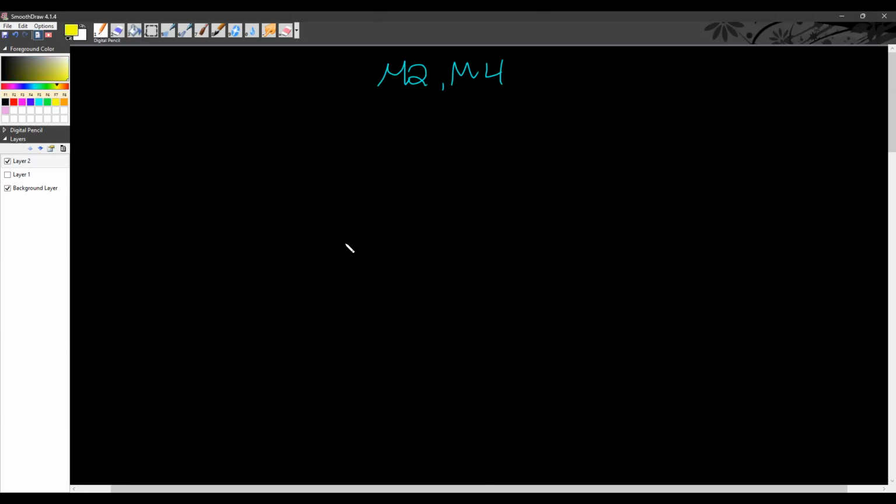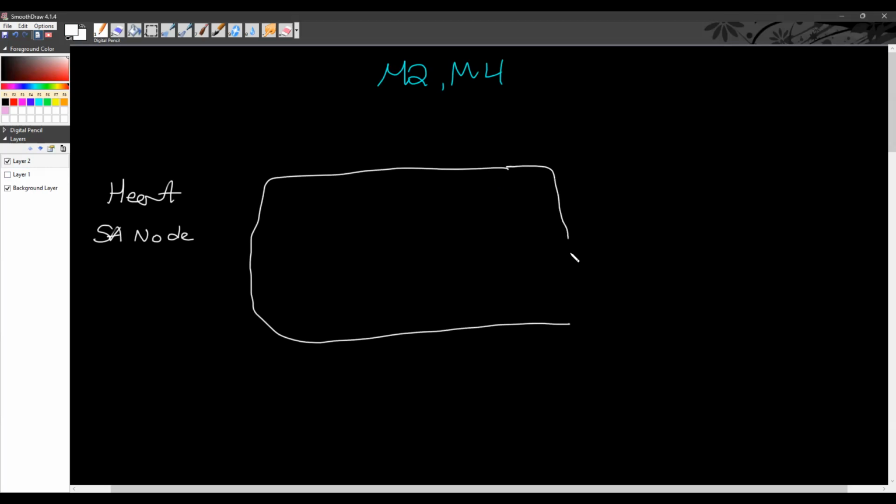When we look at the heart, actually, I think it's just the SA node. Heart, SA node. Same thing goes on previously. All right. We have